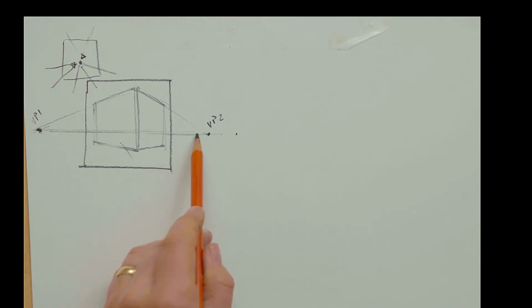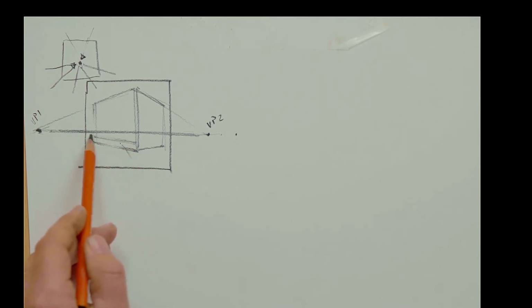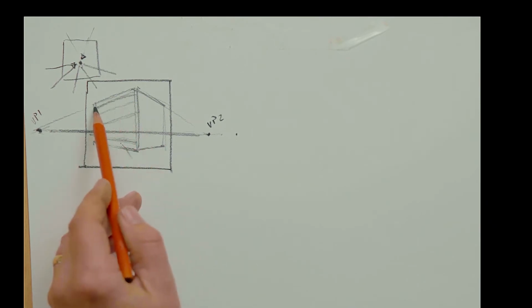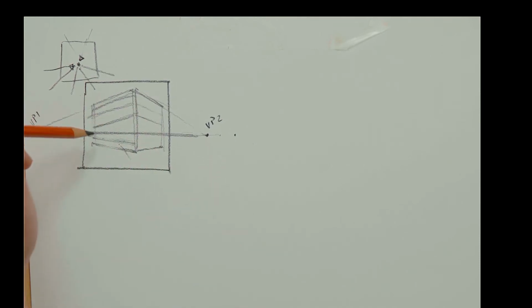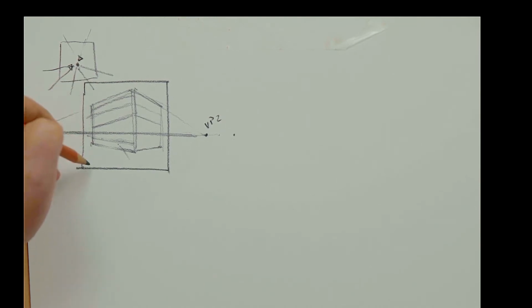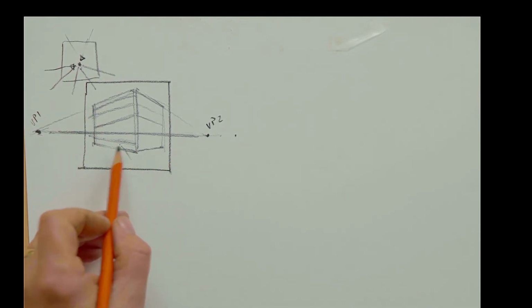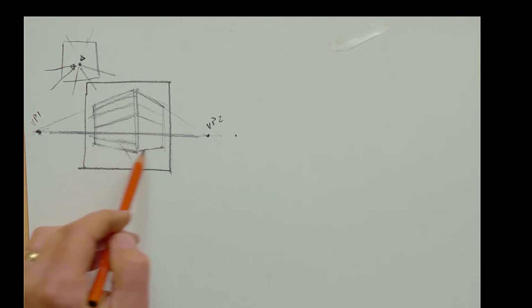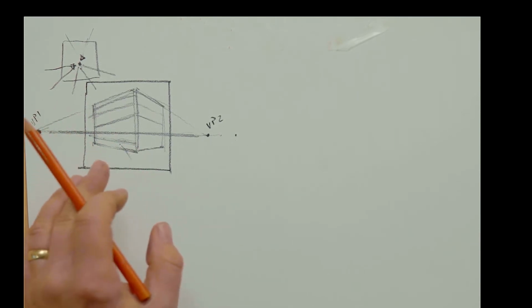But a way to do that is just to really pay attention to where the horizon line is, so that you know that the lines underneath it are going to go up and the lines above it are going to go down, and that will really help you make better decisions. There's another way that you can actually build a grid if you wanted to, but for the most part, for plein air painting, you're just going to eyeball it. What I recommend is doing some of these 2-point perspective scenarios in order to get a better familiarity of how